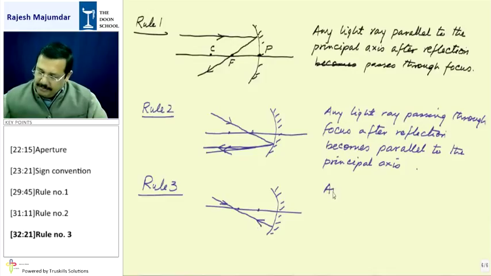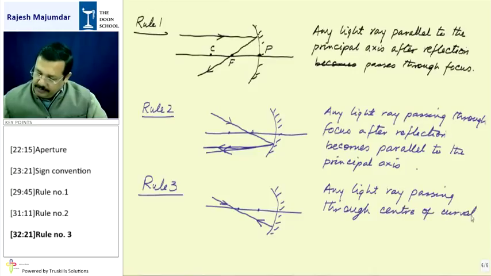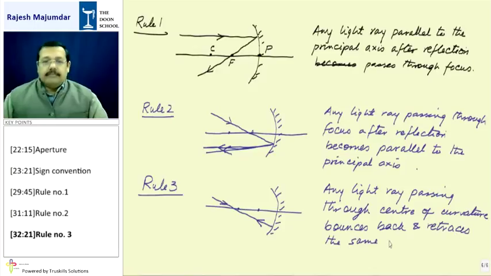So any light ray passing through center of curvature bounces back and retraces the same path. Retraces the same path. So these are 3 rules, and we have to now see the image formation